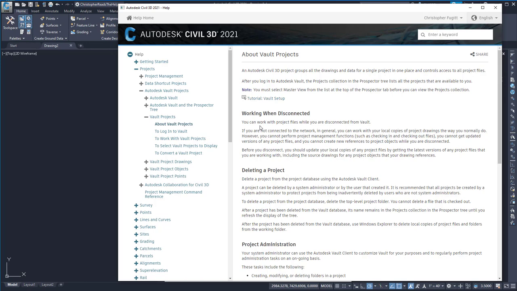Working when disconnected. You can work with project files while you are disconnected from Vault. If you are not connected to the network, in general, you can work with your local copies of project drawings the way you normally do. However, you cannot perform project management functions such as the checking in and checking out of files. You cannot get updated versions of any project files, and you cannot create new references to project objects while you